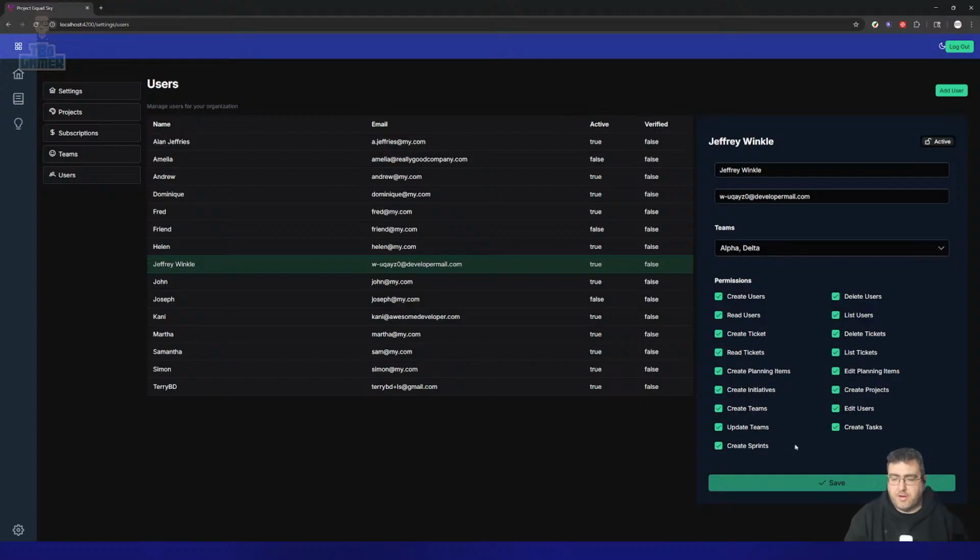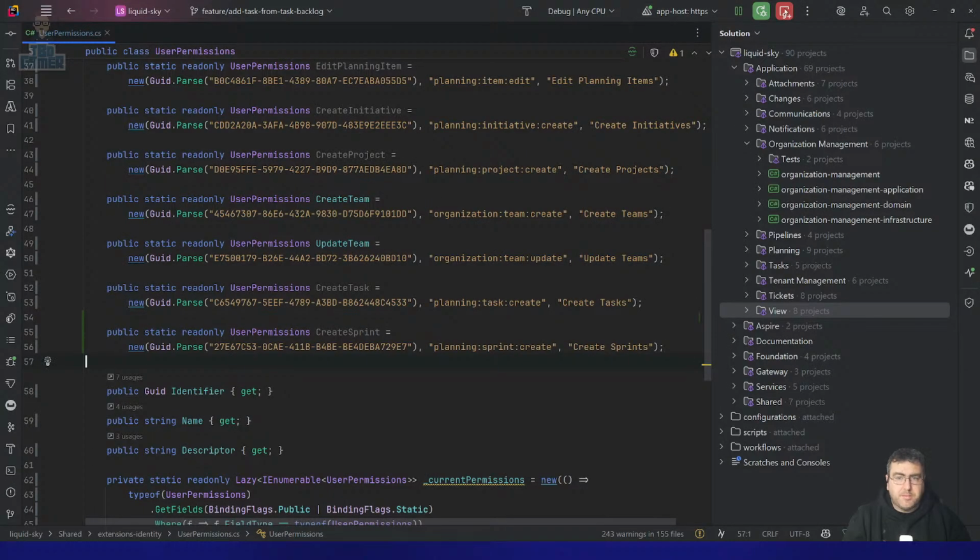By doing that, it automatically appears. Well, it doesn't automatically. It appears in this screen. So once I add a new permission, I can then go and do that. So basically, if I stop running and